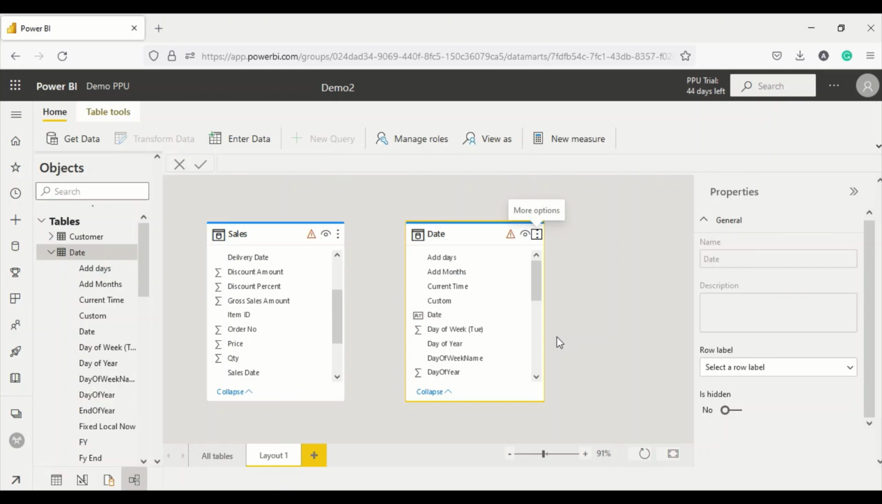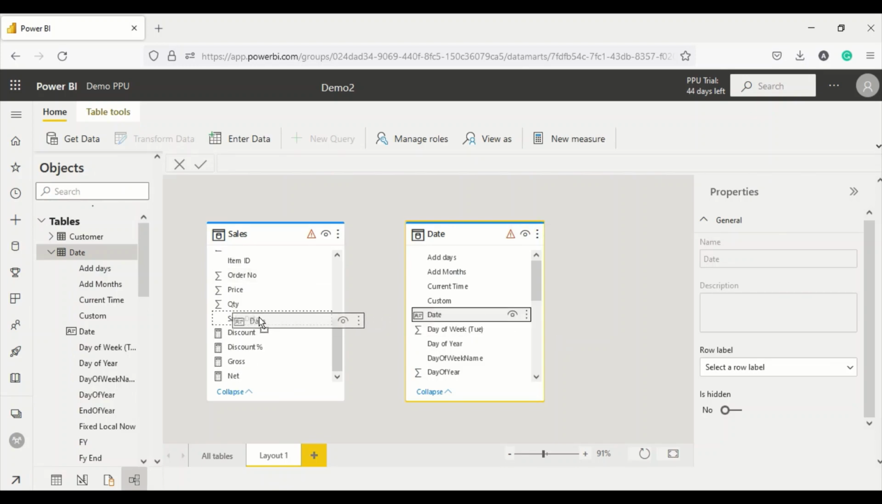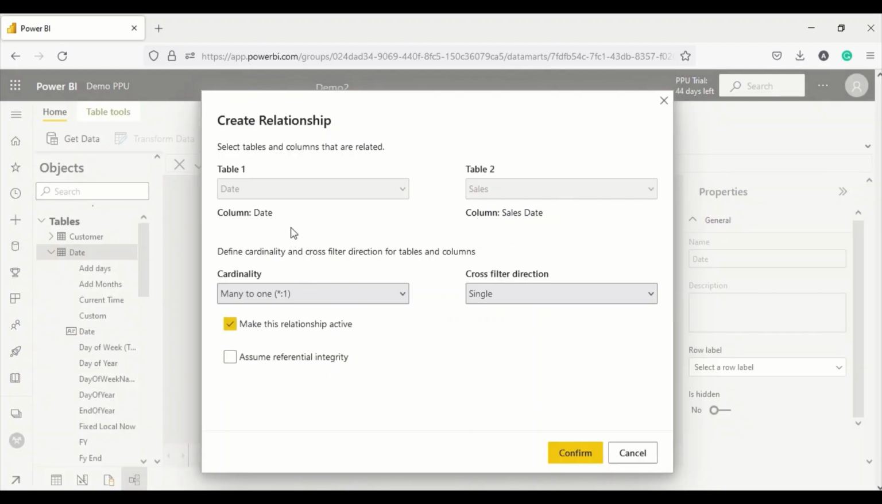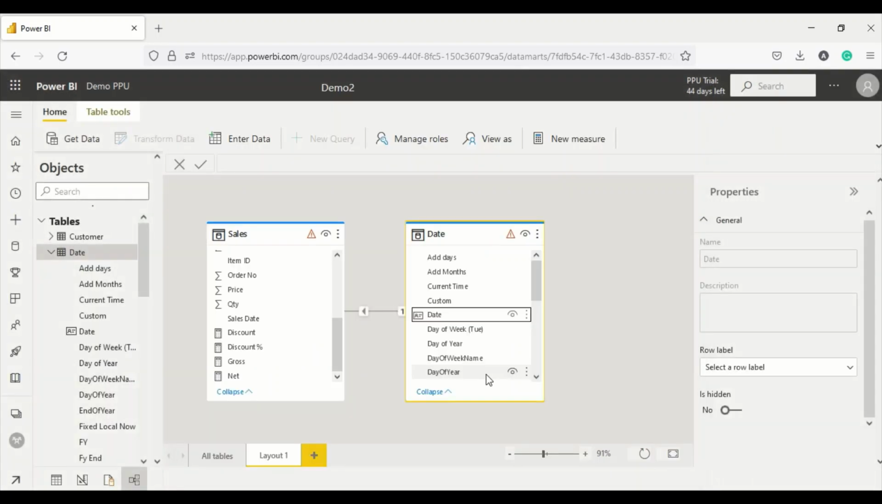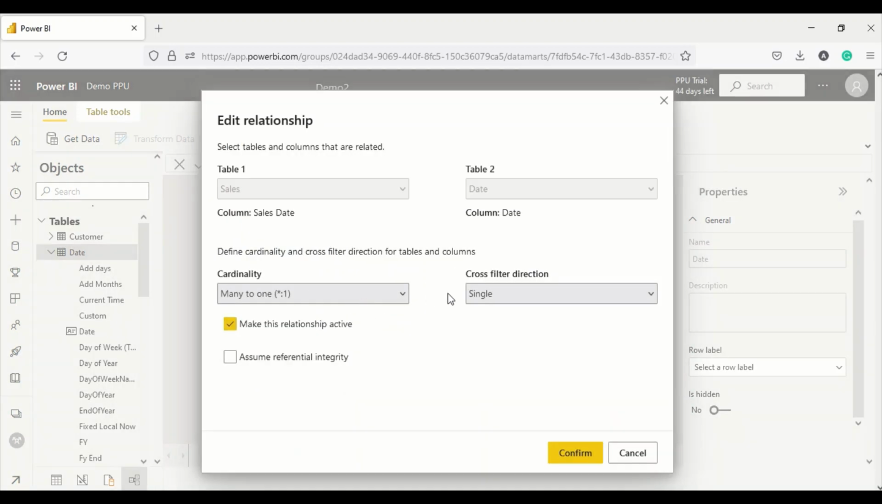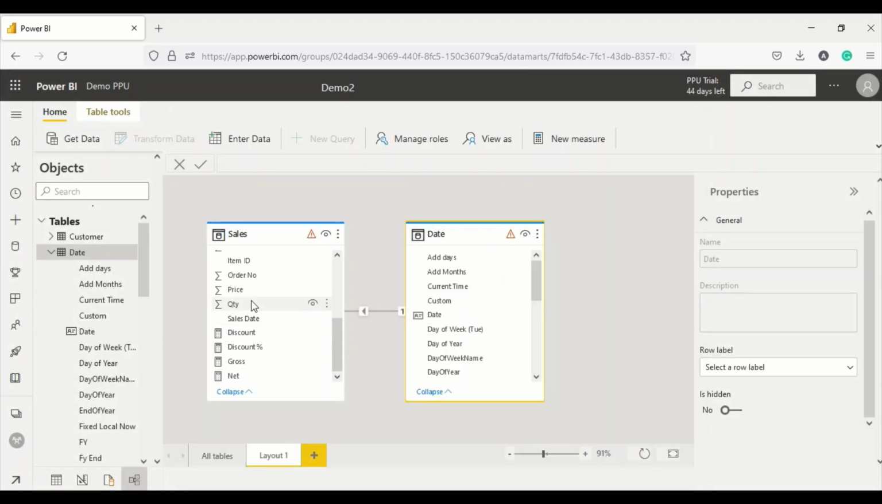Let's see if there's some issue, it should point it out. Okay, it did not find any issues. Join it with the sales date. Now date is on the one side, sales is on the many side, and we say confirm. Is there any problem with this relationship? Many to one, okay, cancel. Now let's go back to